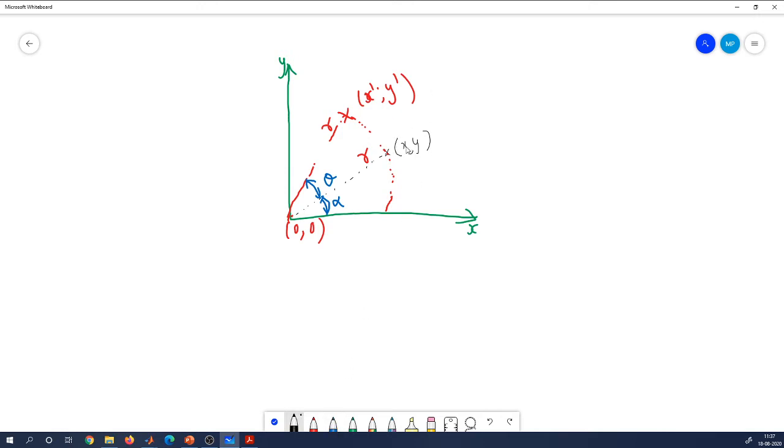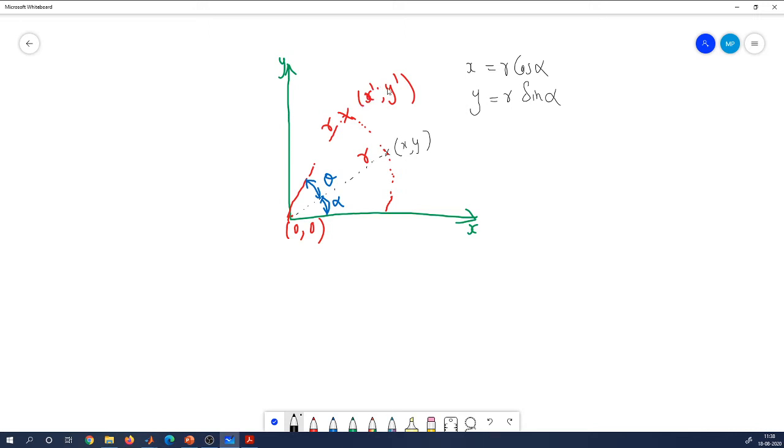Now let's have an expression for x y based on the Pythagoras theorem or the Euclidean principle. So what is x in terms of r and alpha? x is basically r cos alpha. Cos alpha is nothing but adjacent side by hypotenuse. The adjacent side is x, the hypotenuse is r, so x by r is cos alpha, and if I put r to the other side, x equals r cos alpha. Similarly, y is equal to r sin alpha. You studied this many times, right?